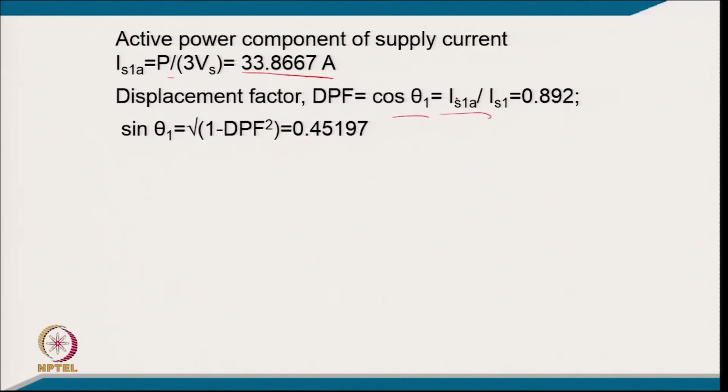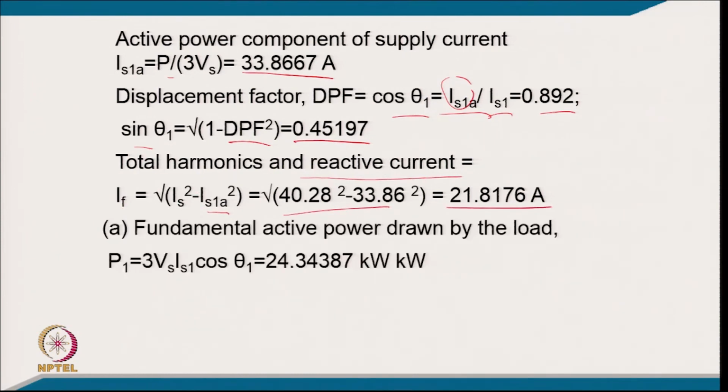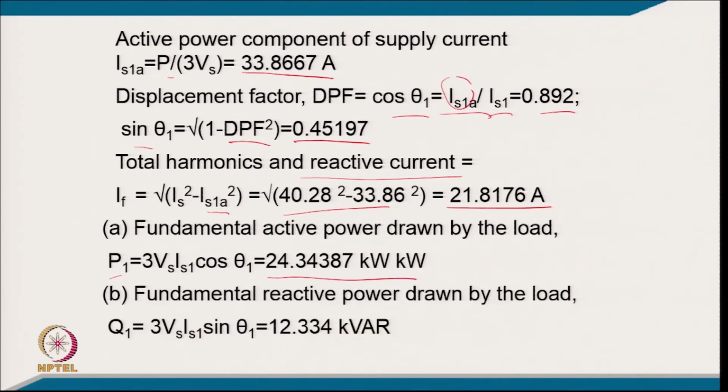The displacement factor is cos theta 1, which we can find from the active component of current divided by the RMS current. It comes to 0.892, and sin theta 1 will then be the square root of 1 minus DPF square, so it comes to 0.45197. The total harmonic and reactive current will be the square root of Is square minus Is1 square; putting in the values, it comes to 21.8176 ampere. The fundamental active power drawn by the load, P1, is 3 Vs Is1 cos theta 1, so it comes to 24.34387 kilowatt, and the fundamental reactive power drawn, 3 Vs Is1 sin theta 1, is